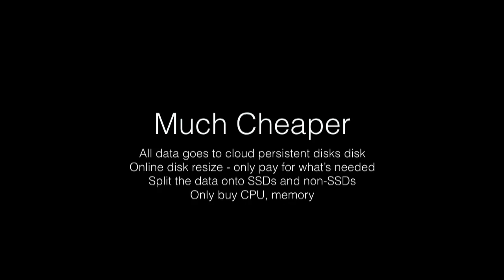But it's so much cheaper than what it was before, because now all data goes to disk, and we chose to use a cloud persistent disk. I think it's called EBS on Amazon, but really the same thing. The key idea here is that instead of writing to a local disk, by writing to a cloud persistent disk, we can